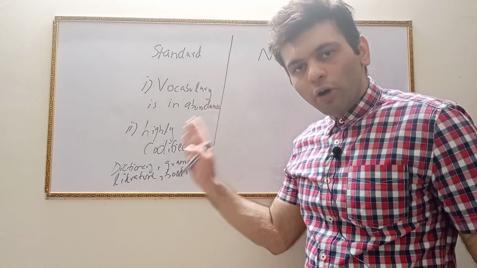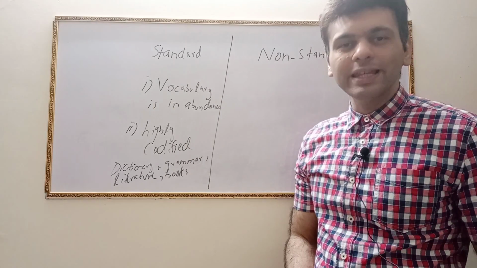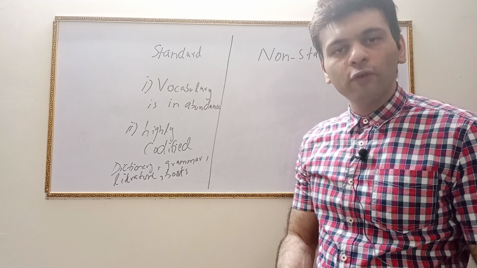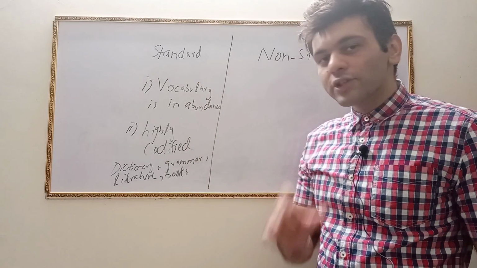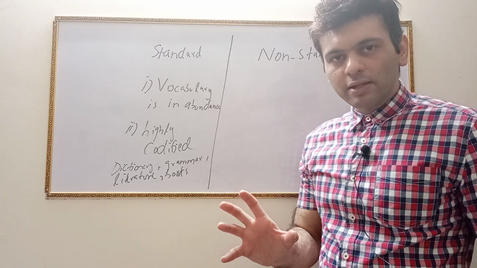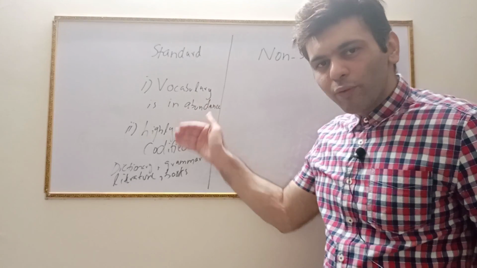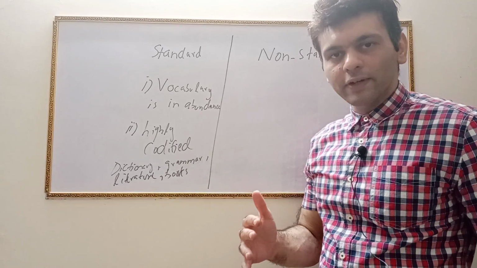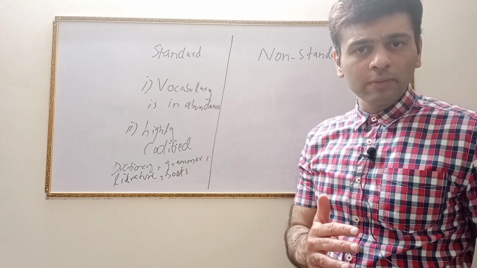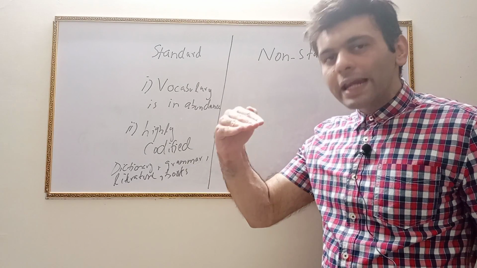The very important factor about the standard language is that it is considered to be the language of certain forums. This language is never spoken in the streets, in the marketplaces, or at homes. Rather, this type of language is spoken at the university, in the parliament, or in the judiciary, at any forum